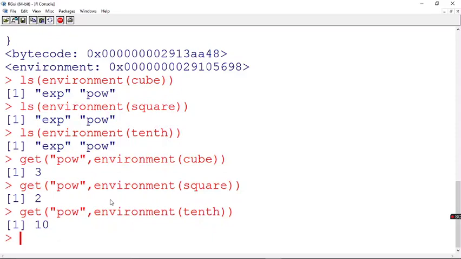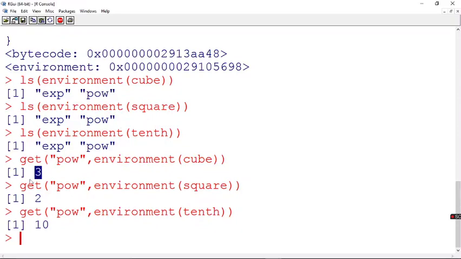So what is lexical scoping? R follows lexical scoping. When you create a function and you have some variables within the function which are to be used, the values for those variables are assigned initially by searching the current environment in which the function was created. So when I use this cube function, the current value for the power will be taken from that particular environment, that is 3.